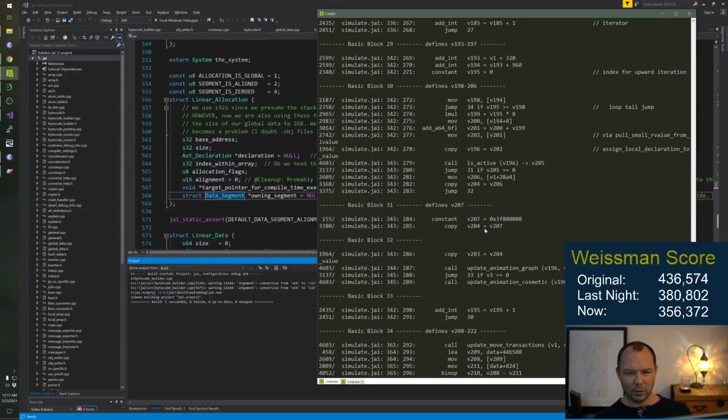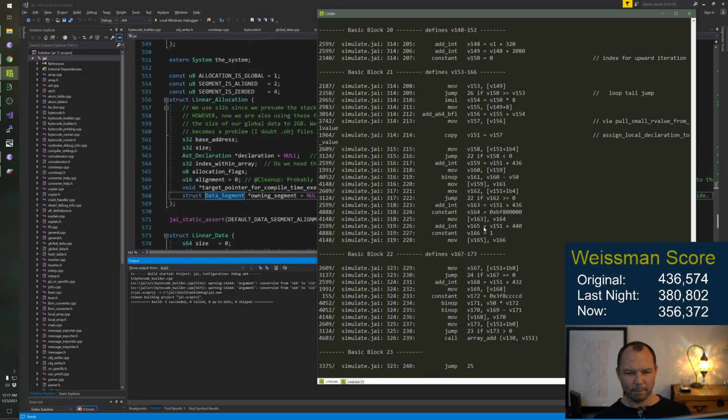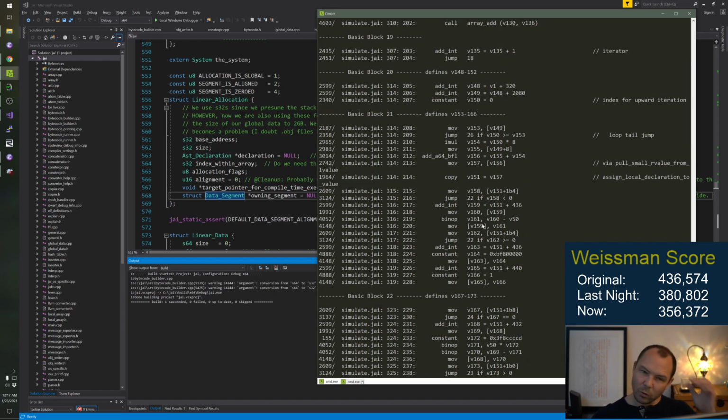But we could deal with that later, because it won't reduce the number of instructions, and that's what we are concerned with.